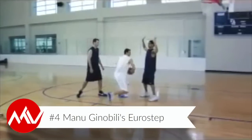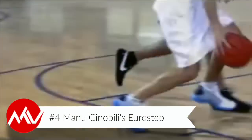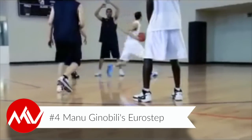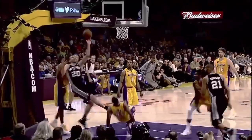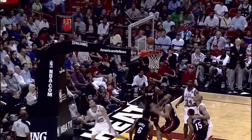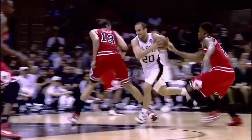Number 4, the Eurostep, Manu Ginobili. Who actually created the Eurostep is under debate, and although a few modern players have inserted the Eurostep into their arsenal, including Dwyane Wade and James Harden, Manu Ginobili is usually attributed with making the move popular. It's such a unique move that it's hard to even describe. It's like a mix between a crossover and a layup, and it's very difficult to pull off,